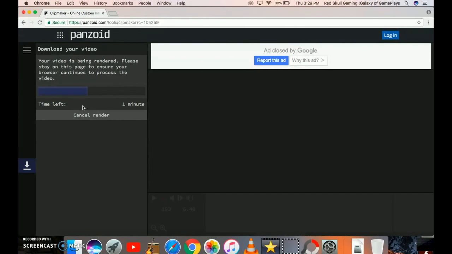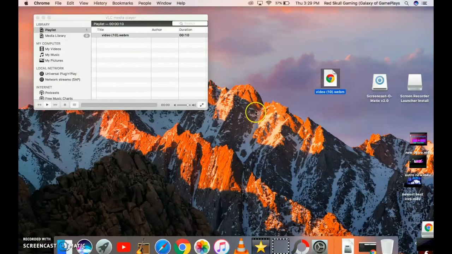On a Mac, it'll show down here or in your downloads, and then just drag it and drop it onto your desktop, or find it in your files and then drag and drop it on your desktop. Then, when you have your file,